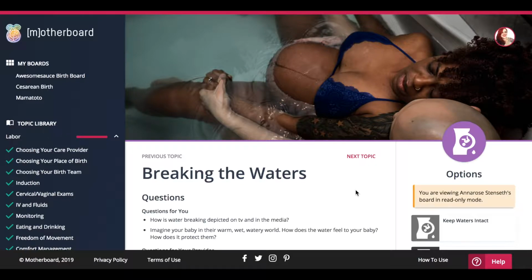So it can be super helpful both prenatally and during the birth experience, and I'm really excited to hear your experiences, how your clients respond, how the hospital responds, how the nurses respond. And please reach out to me if you have any questions or if you can't find something. But that's sort of the lay of the land for